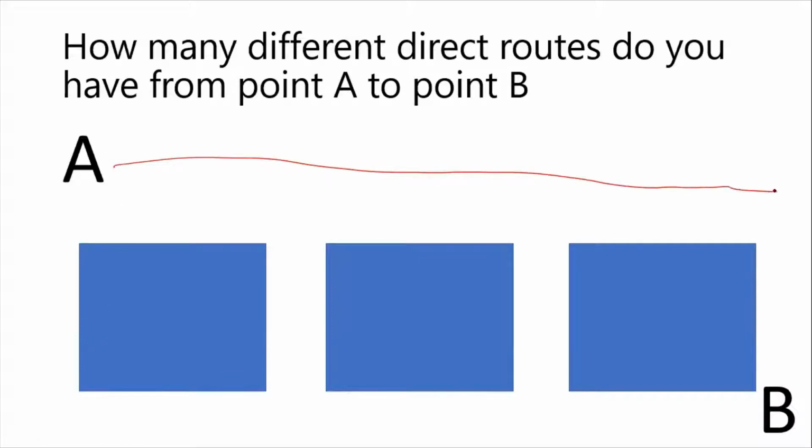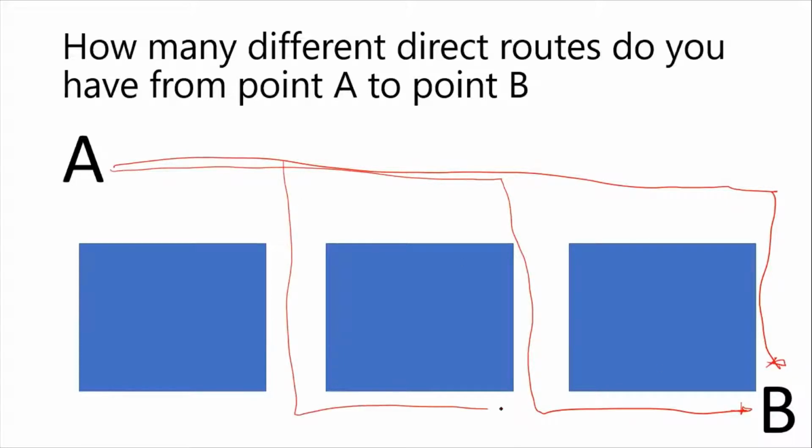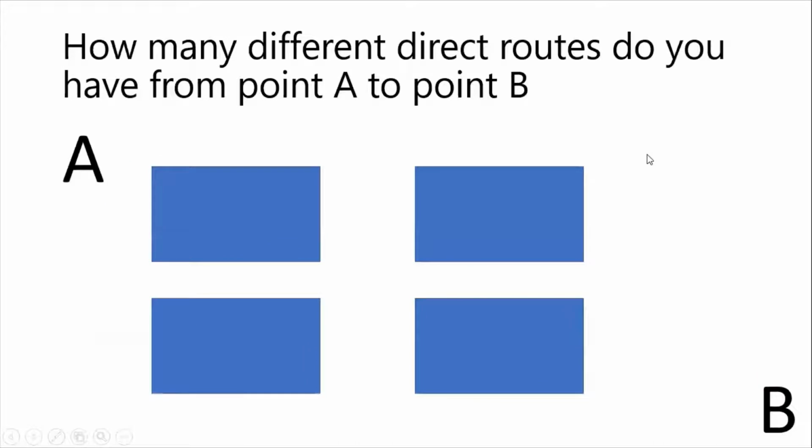So we have 1, we have 2, we have 3, and we have 4 direct routes. If we expand the figure further, how many direct routes do we have from point A to point B? Then we could say that we have